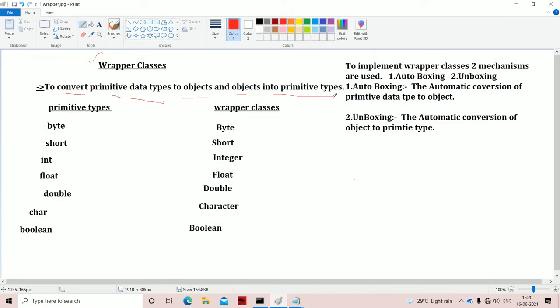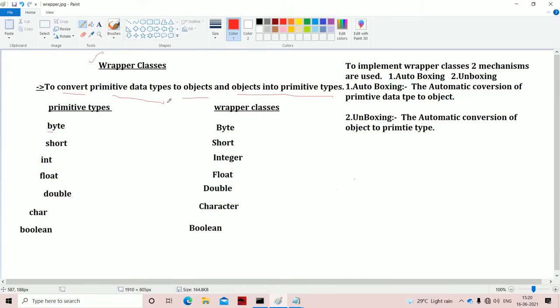Here all the primitive data types are not objects. So that's why Java is not 100% object-oriented programming language. But if we want, we can convert those primitive data types into objects with the help of the wrapper classes.